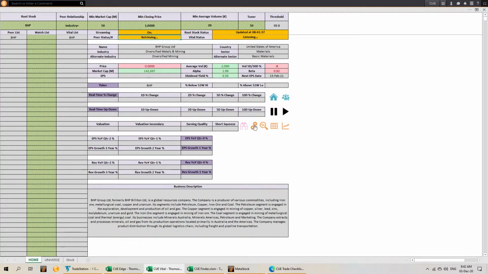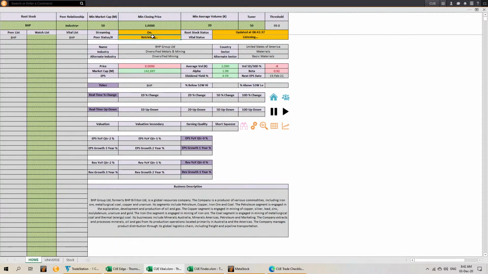While it is doing that, you could click the cog icon to look up the industry strength from QEdge. That is using the integration between Vital and Edge. Edge is for sector industry rotation analysis, and you can see diversified metals and mining is strong now. So you could consider buying into the stock. If you go back to QVital, it is retrieving the data again still, but that's okay. This is not a session on QVital. Let's go back to